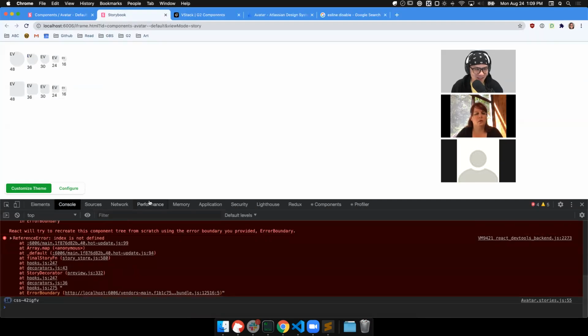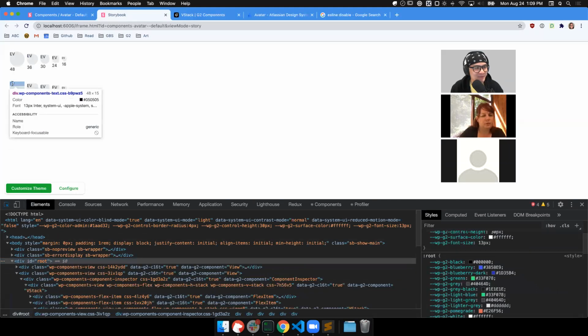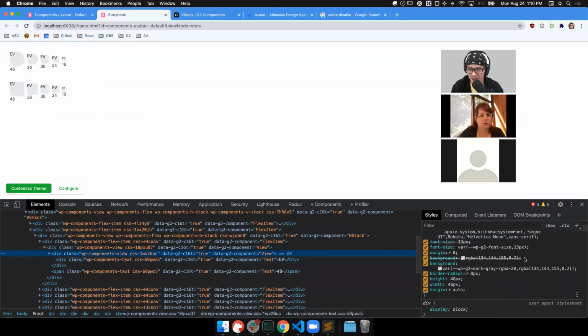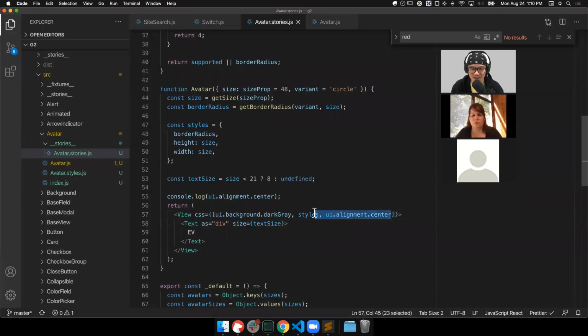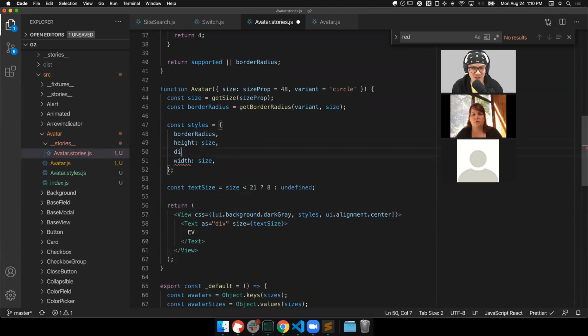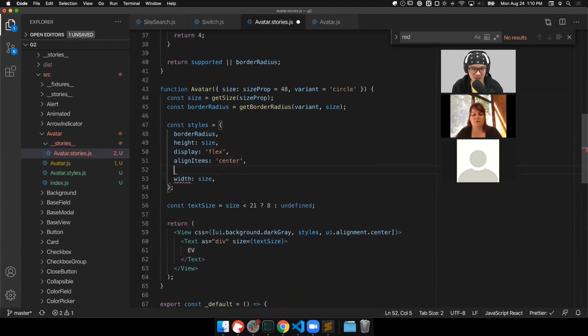Yeah, and all this is heavily in development, and sometimes things just don't work. But I try. Let's see. Why are you not behaving? Fine. I'll just write this manually for now. Display flex, align-items center, justify-content